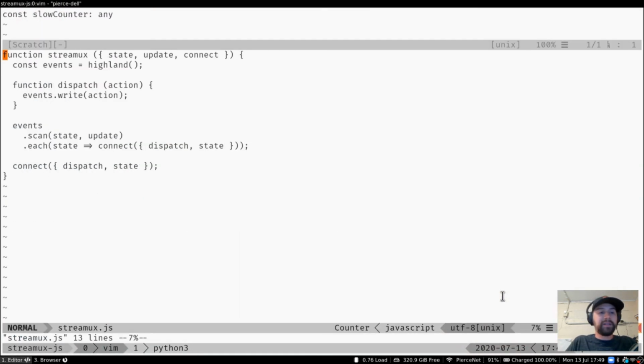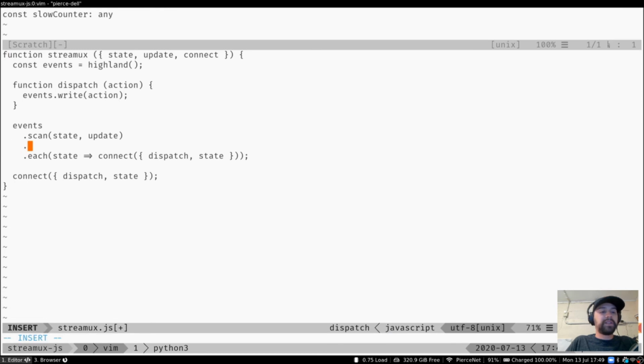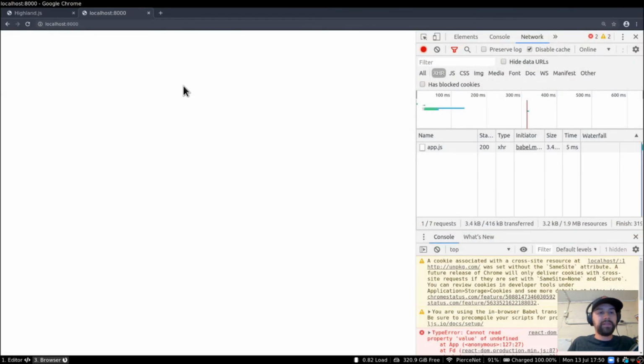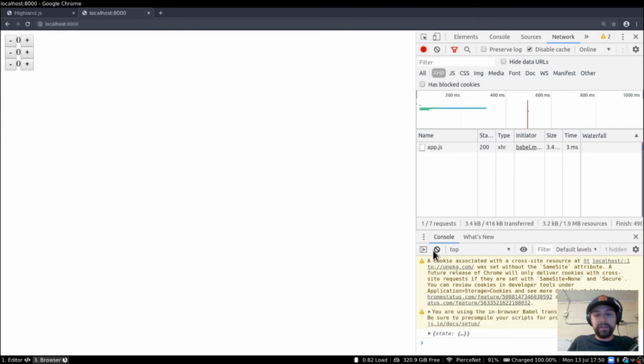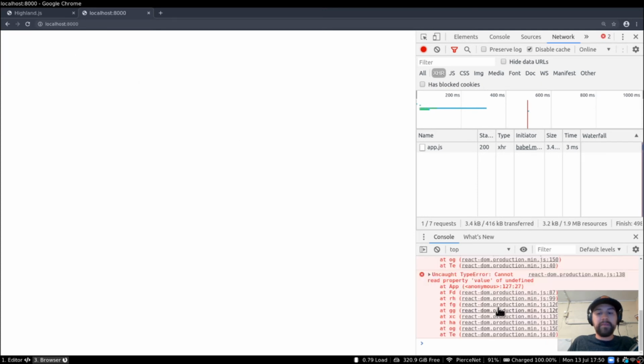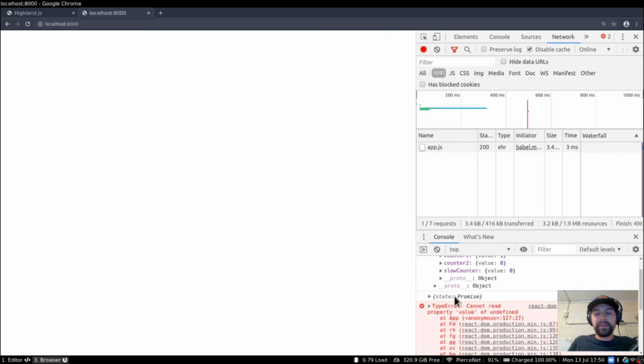So let's come over to Streamux. This comes with another function called tap, and it lets me basically grab whatever's coming through the stream and do whatever I want with it without touching that value. So it's going to let me do things without affecting what's going through. So let's log out the state every time it gets changed. All right, so what I should be able to see is the state after the change, and there's counter 1 right there. So let's do that, and it blows up, but the last log that we got